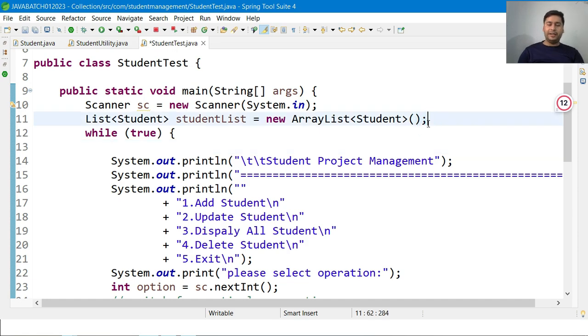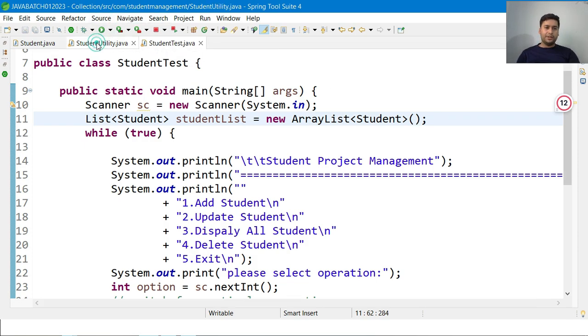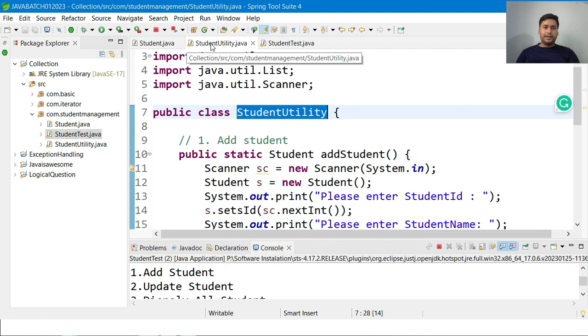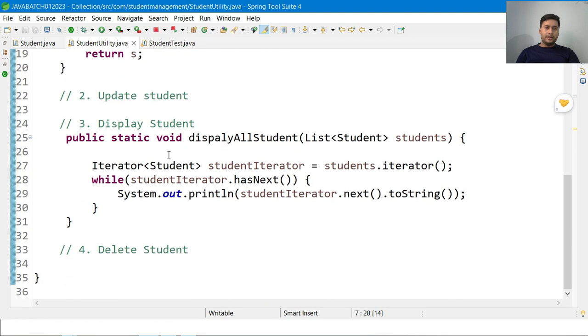So let me not make it clumsy. As of now it's fine. Let me first complete those things. Okay, utility class methods. So here, if you see